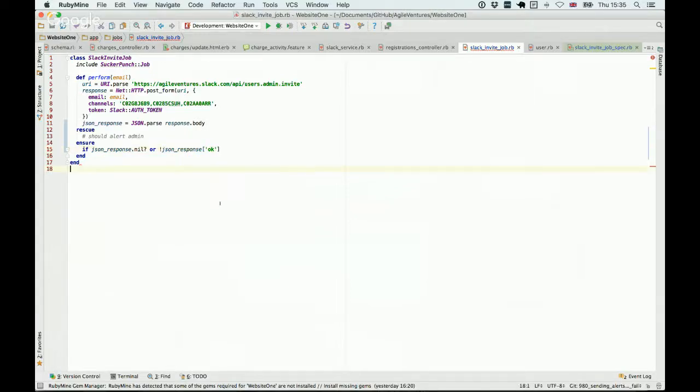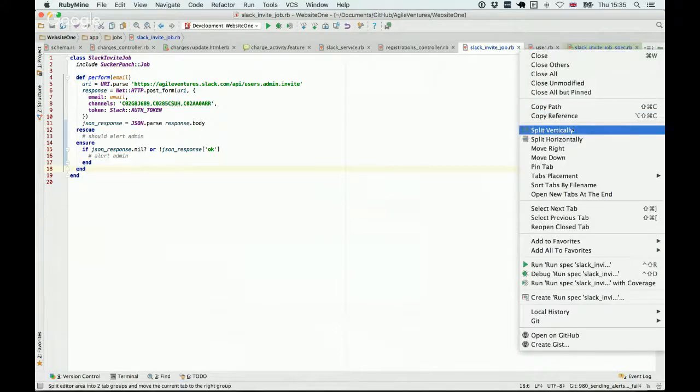Boolean value, right? I'm just sketching it out. Basically, we've got a situation like this: if any kind of error has occurred, we should be alerting the admin. And even if there wasn't an error, we should be checking the final condition. I guess probably the way to move forward on this is